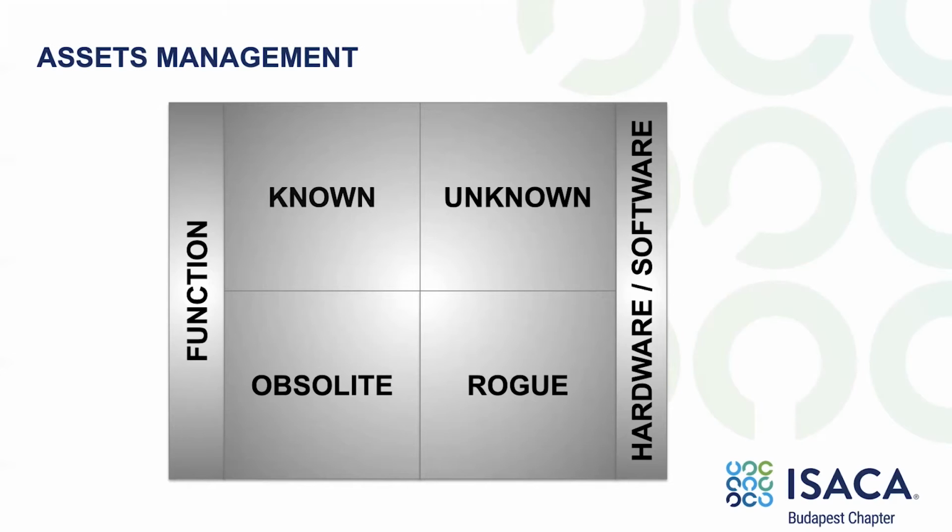Of course, there are rogue assets, completely unmanaged by the IT department, installed without any authorization. They can harm our infrastructure intentionally as a part of an attack vector, or unintentionally, like bringing your own device without permission, or installing a private access point to use social media without company surveillance. All those assets that we collect and identify need to be sorted by function, the type of hardware or software.